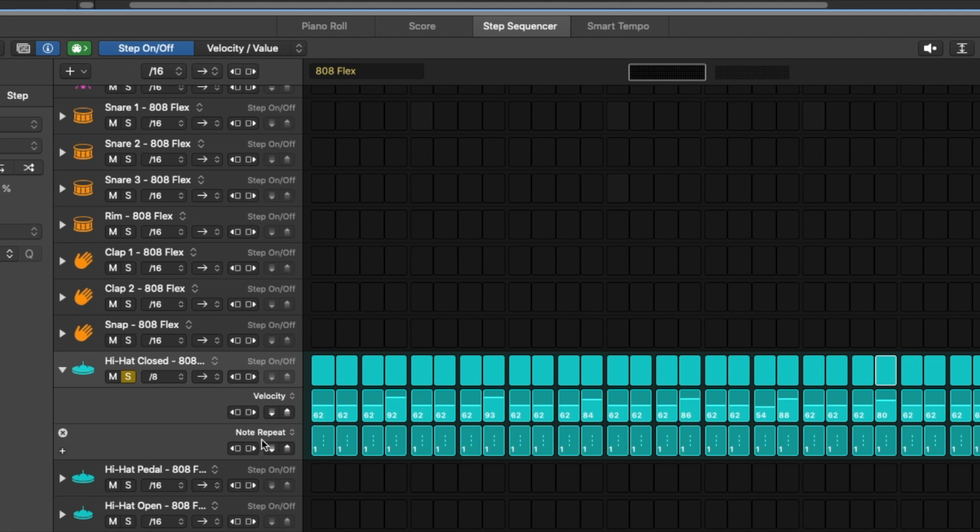And note repeat is another option. What we can do is here, you can see on each square it says 1. We can click into the square and go up or down on our mouse. So going up will mean in this little section here, the hi-hat will play 16 times. That's quite aggressive. We don't want that, but you might want maybe something like